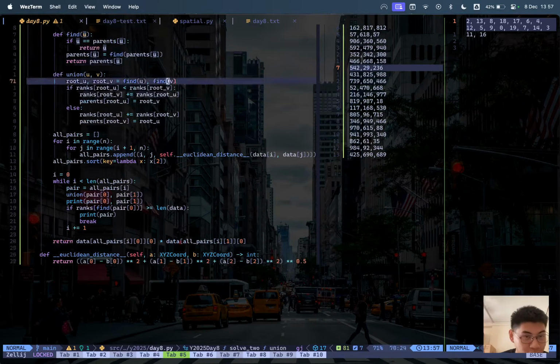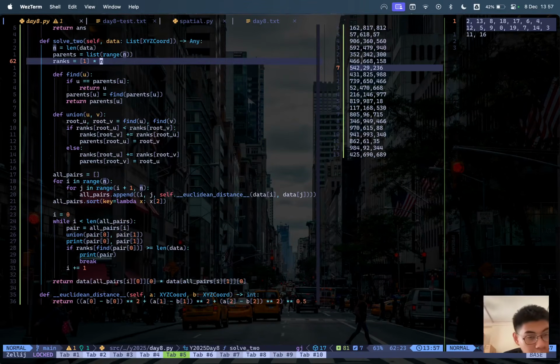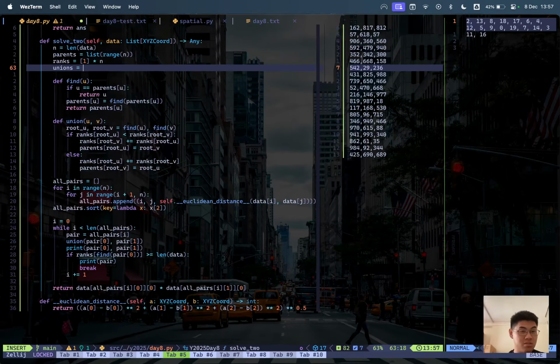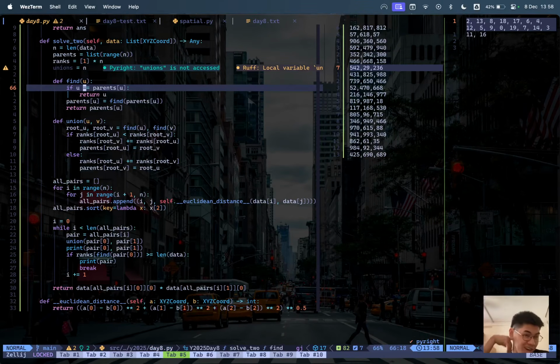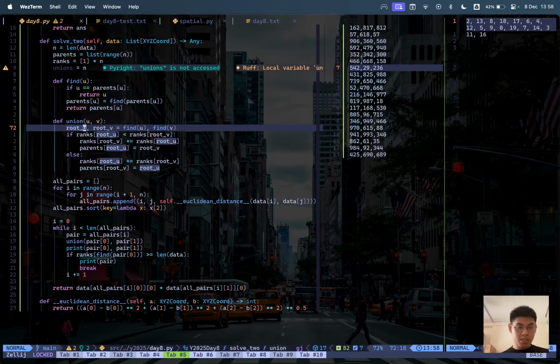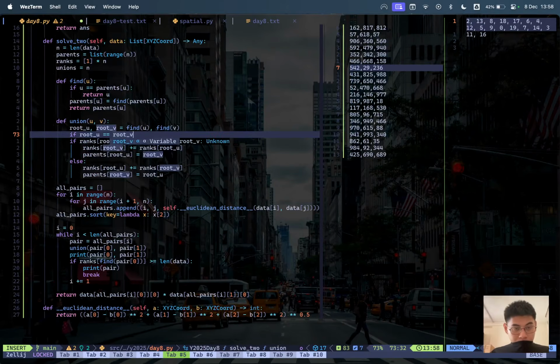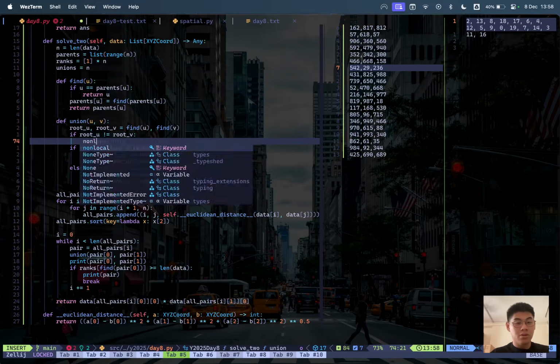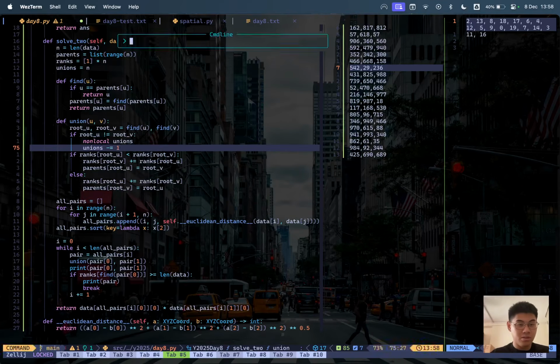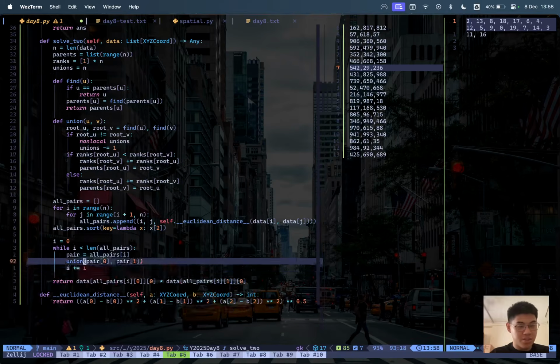Okay, this is very strange. I'm not entirely sure what's going on. But I guess what we could do is maybe something like tracking the unions, which at first is n, and if they don't belong in the same group, the number of unions can decrement by 1. And then maybe what we do here is instead we check if the unions